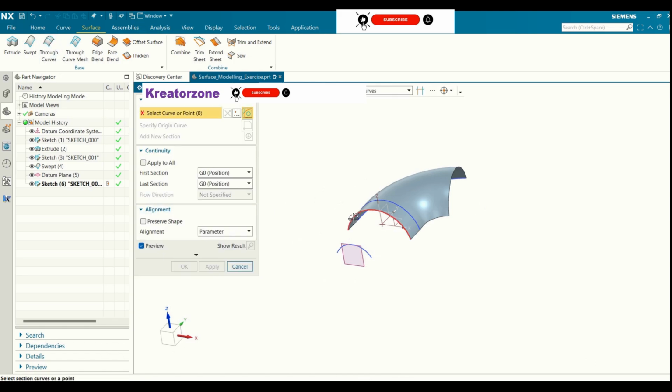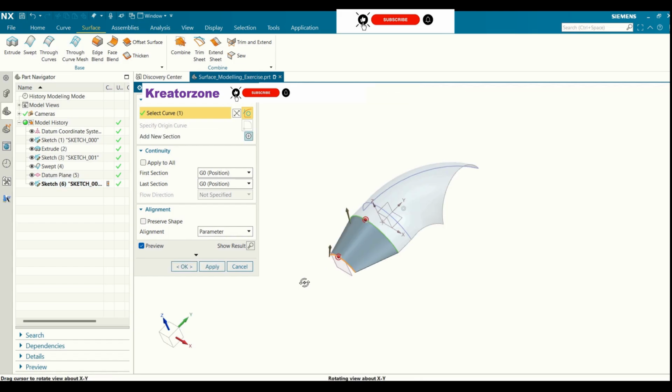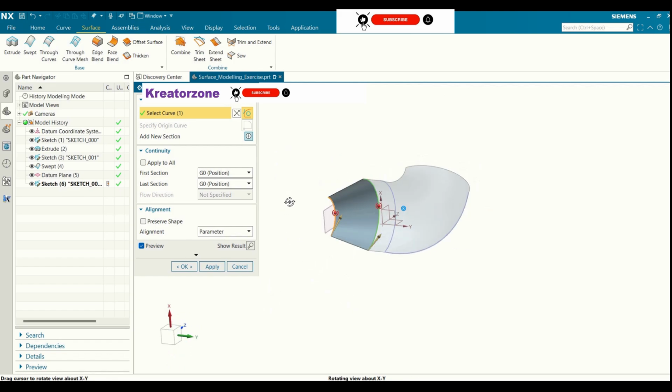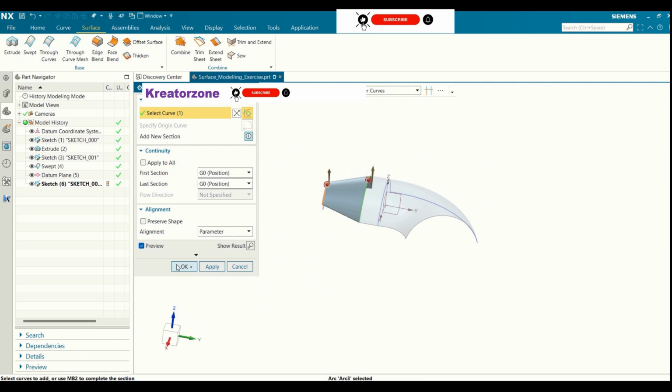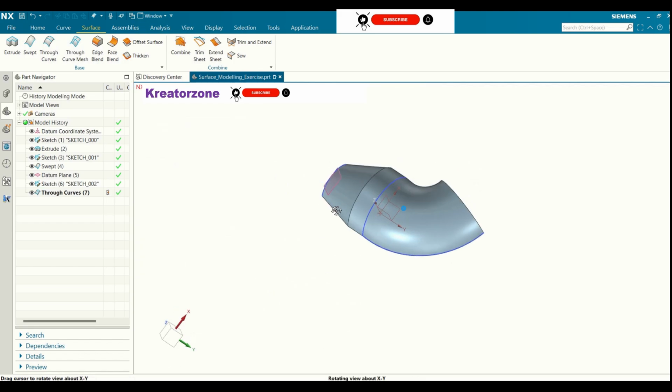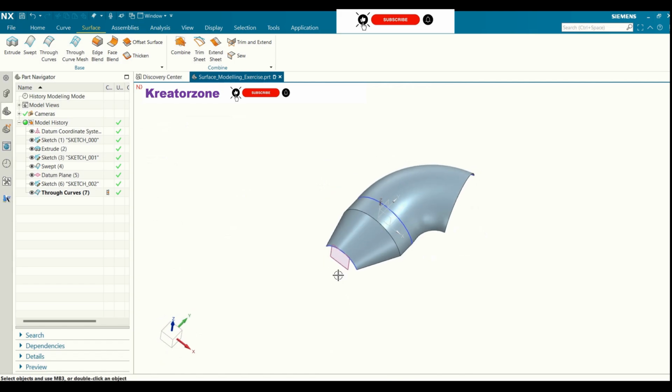I'll go to through curves again, select the surface, and while selecting the other surface, I'll also select this area, middle mouse button, and click. So now you can see the surface is blended well and the through curve has been created. I'll click OK, exit, and the surface has